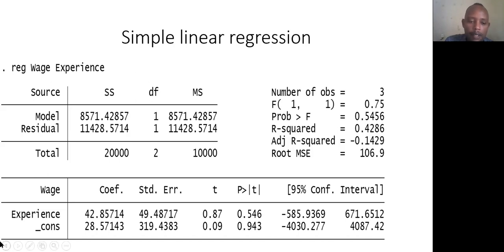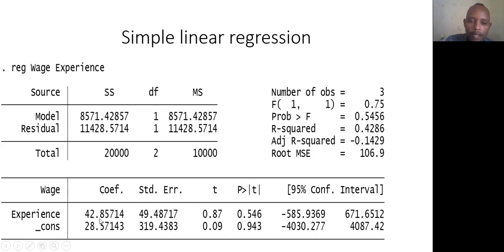And if those individuals do not have experience, or if it becomes 0, at that time their wage level becomes around this. That is the interpretation of the constant term. And this is the average variation of coefficients around their respective means. When we divide the coefficient by the standard error, it gives us the t value. And this is the t value.